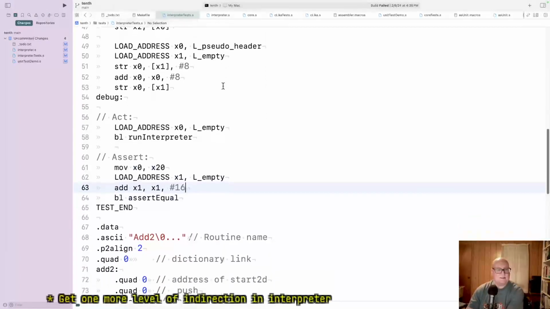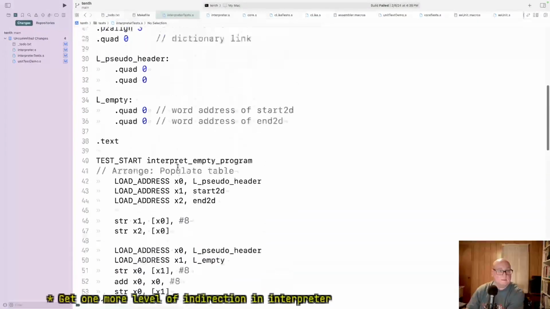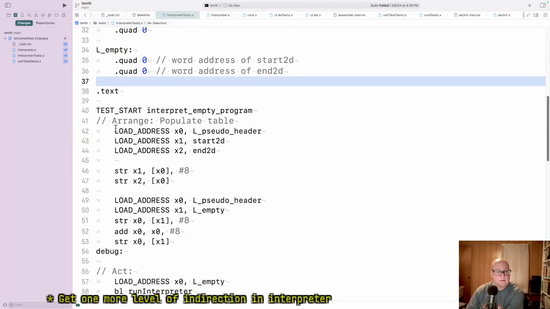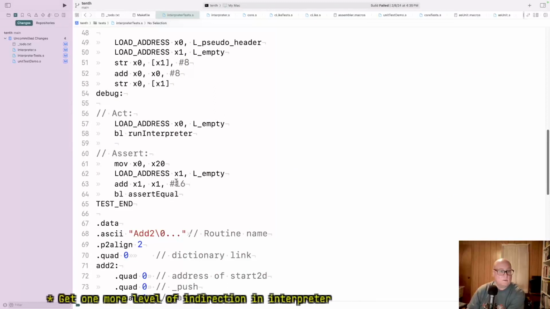Assert equals. L empty should be the start. Okay. Well, we have